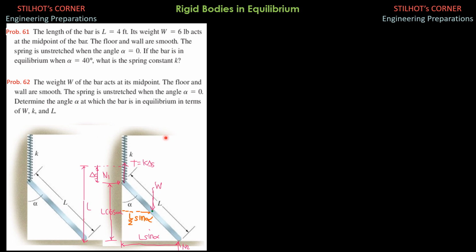So the directly applied force would be the weight of the bar. It is acting at the midpoint or center of this bar here. And we expect normal reaction at 2, I'll call this N2, perpendicular to this smooth surface. And we also have N1 perpendicular to this vertical wall, smooth vertical wall.